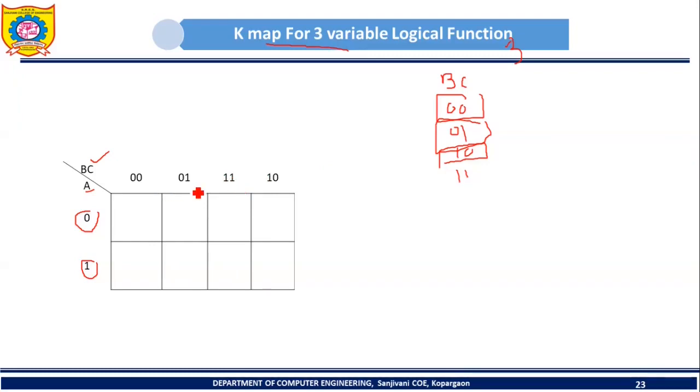Please take care here while writing these combinations. See, here we have 00, then 01. After 01, the next number in the sequence is actually 10, but we are supposed to write this 10 at the end. So the last column in this K-map is labeled by 10. And then the next possible combination is 11. So the third column in this K-map should be labeled by 11.